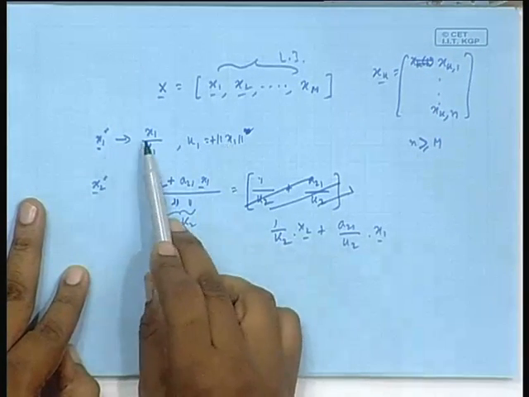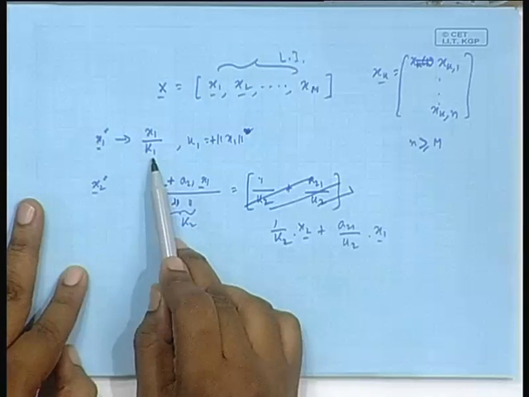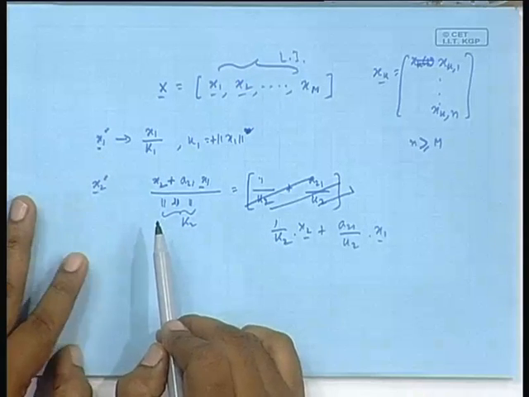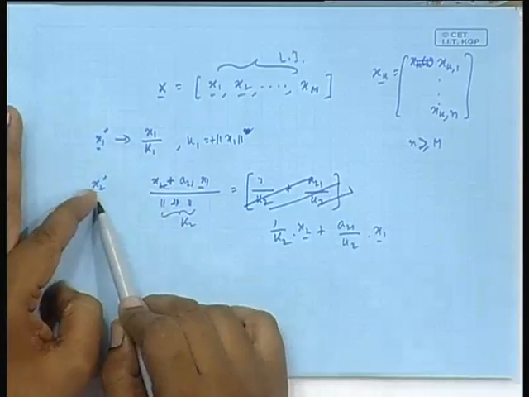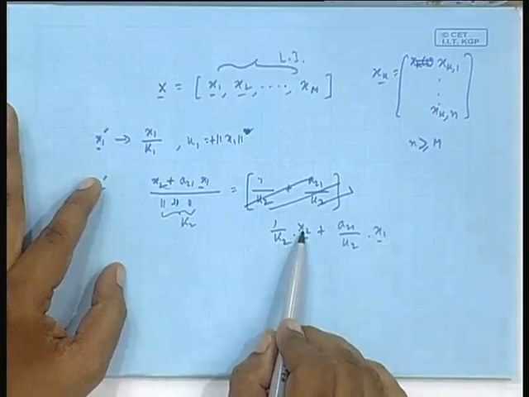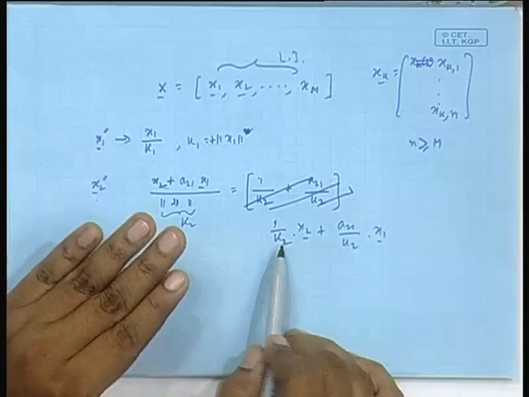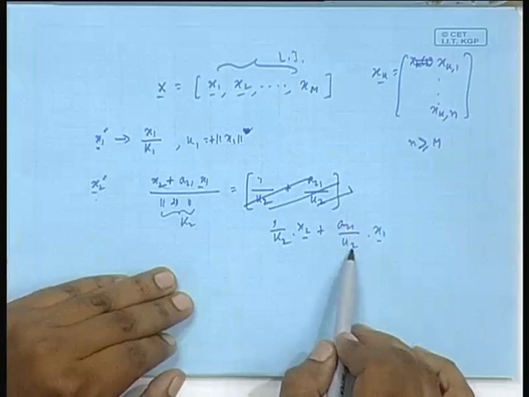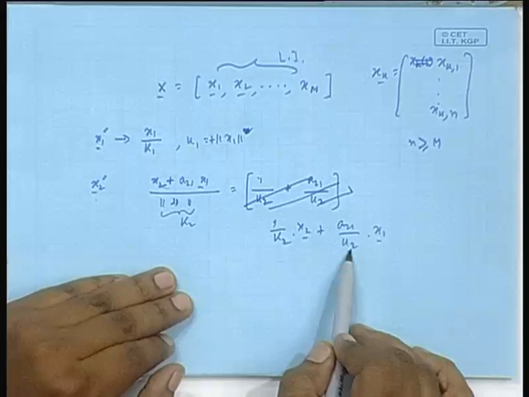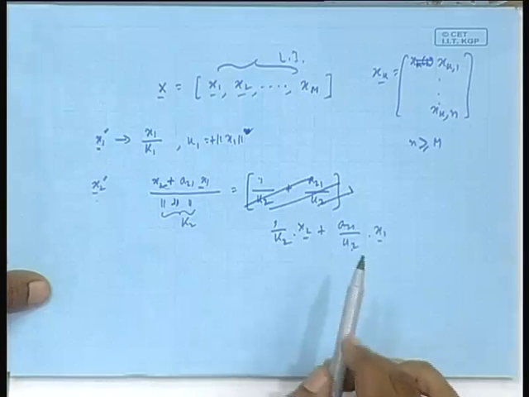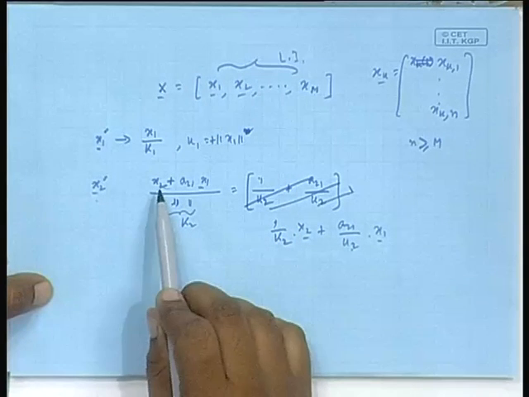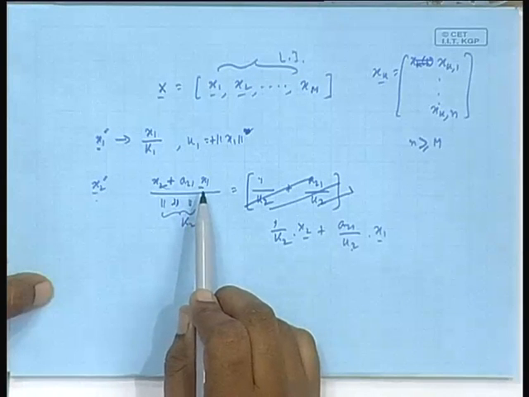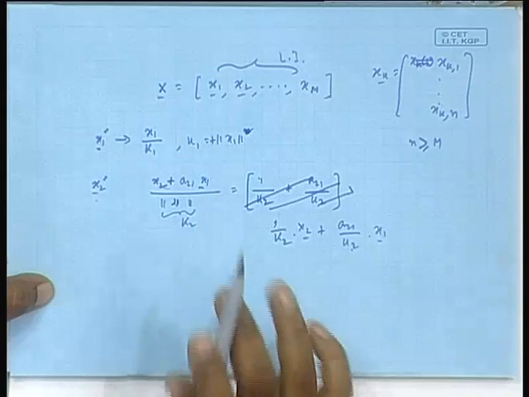X 1, I had x 1 just divided by k 1. That gives you this. I had x 2. From that, how do I get this? X 2 and x 1 are linearly combined, and that is how I get it. But what is the form of the linear combination? X 2 gets 1 by a constant. This fellow gets something by the same constant. Now, remember this cannot be 0 because x 2 is not lying in the space spanned by x 1.